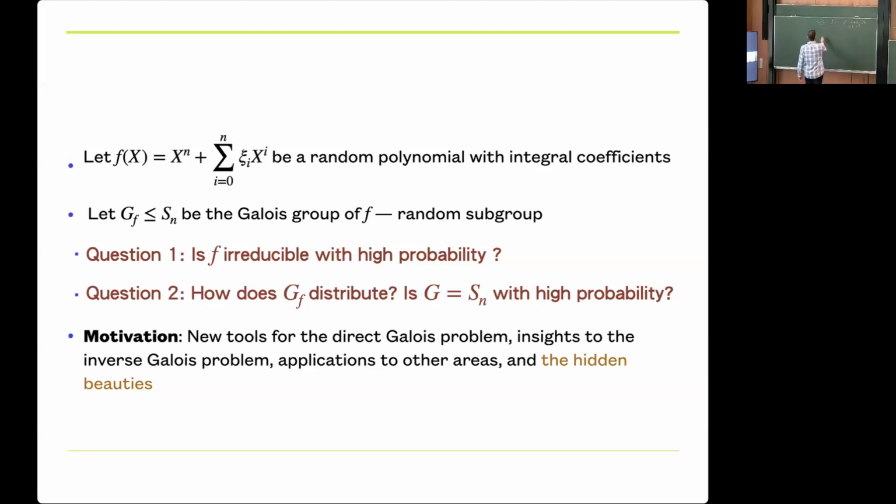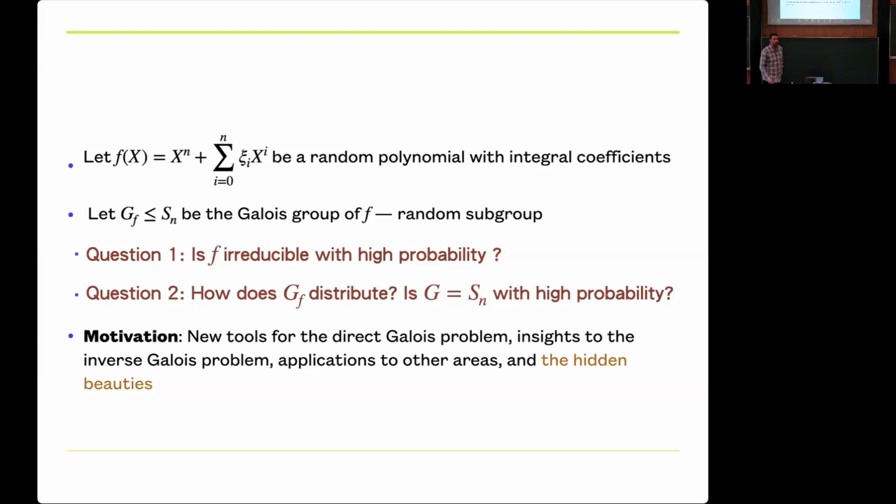And the second question is how the random variable G_f is distributed. So, for example, is G_f equal to S_n with high probability? I think today we had a talk in which the polynomials never had Galois group S_n. So if you take a model of composition of polynomials, this question is less relevant. This is why I stated